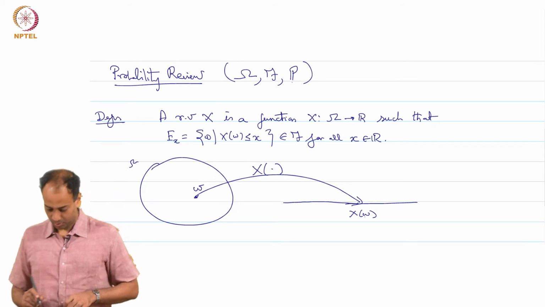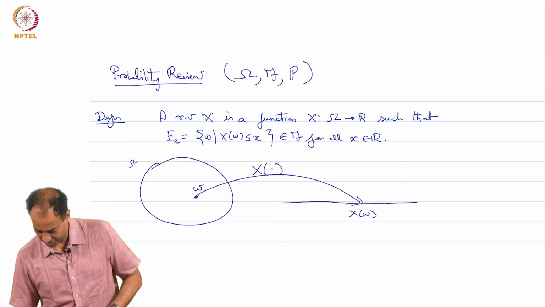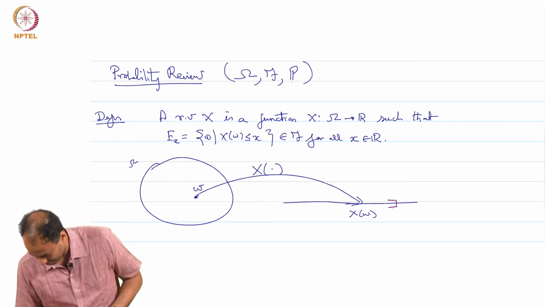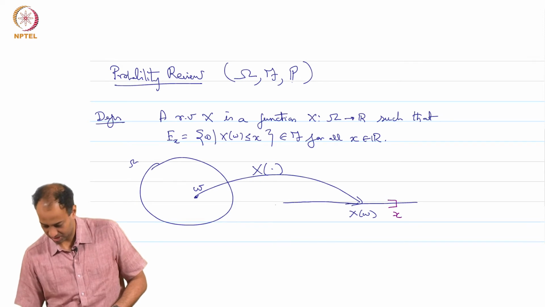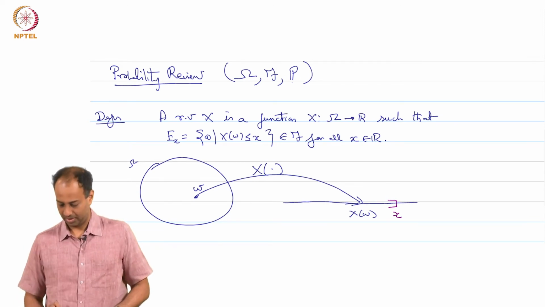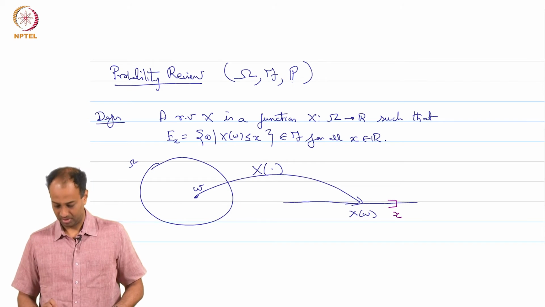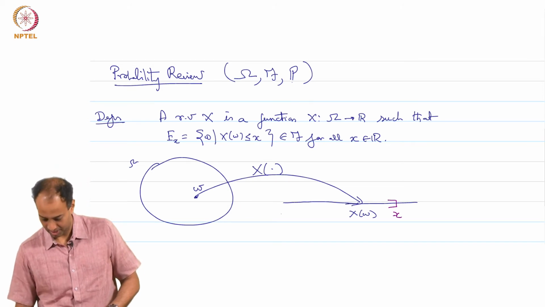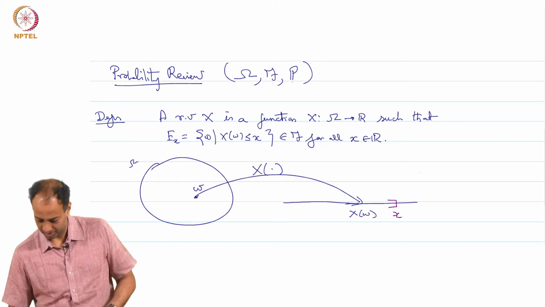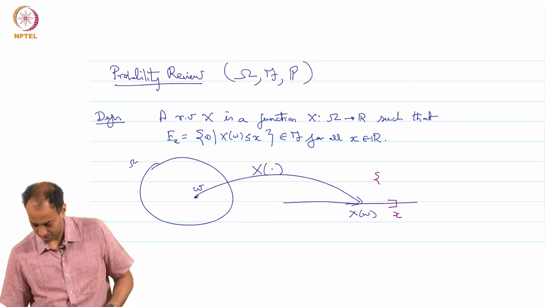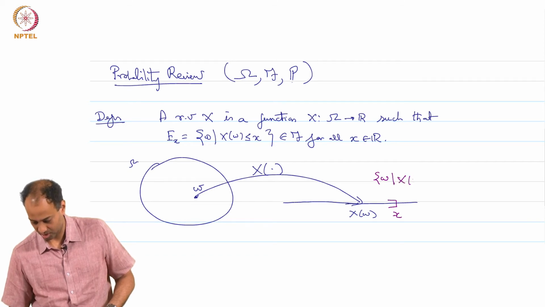And what we want is, I am fixing some real x, and I am looking at minus infinity to x. So, essentially I am looking at the set of all omegas for which X of omega belongs to minus infinity to x,